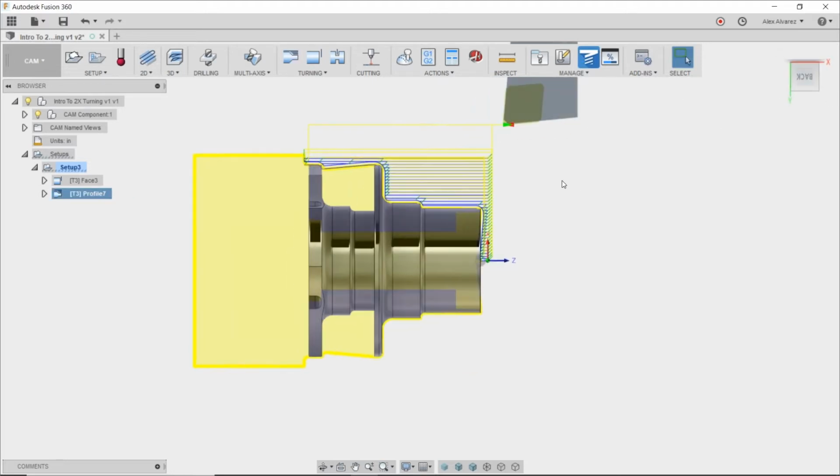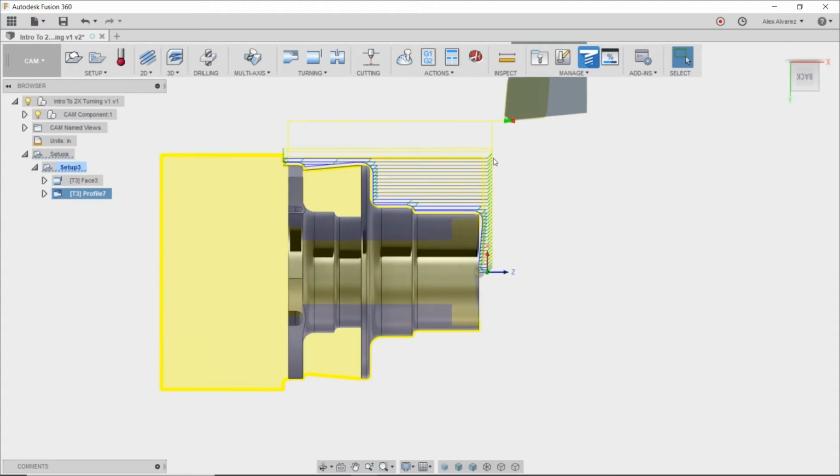Right, so we get the toolpath. Again, there's a couple things here that we're seeing that aren't okay. First things first, it's machining that face that we already machined on the previous operation. It's also kind of grooving into the part here. I just want the tool to come in here and give us a straight toolpath just along the part. So what we can do,